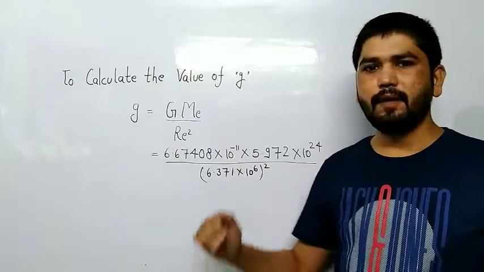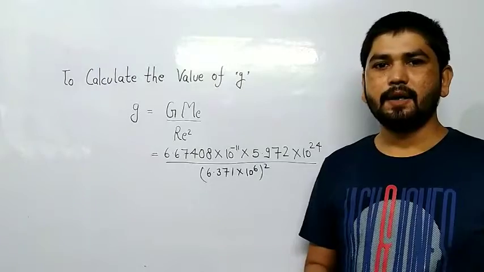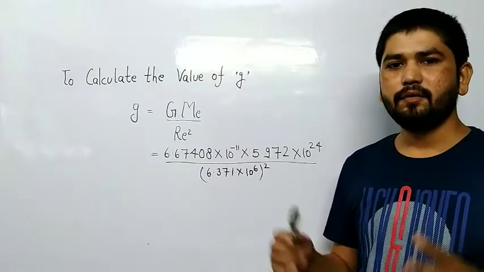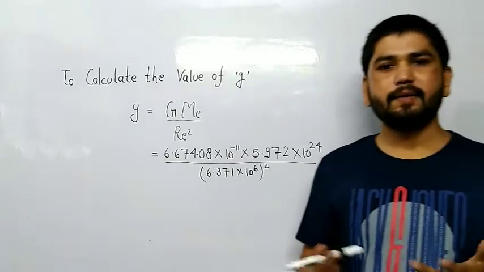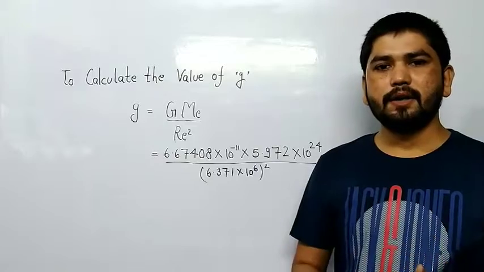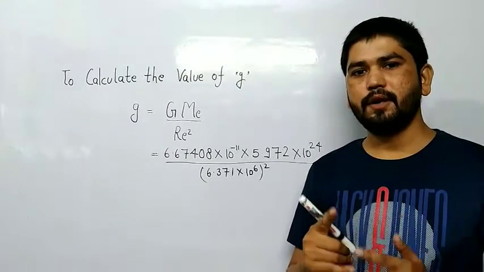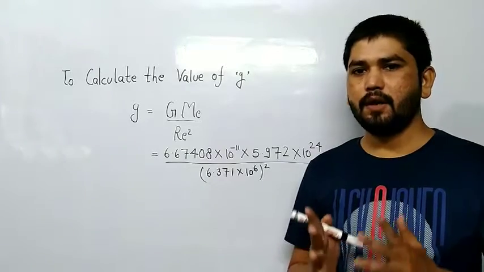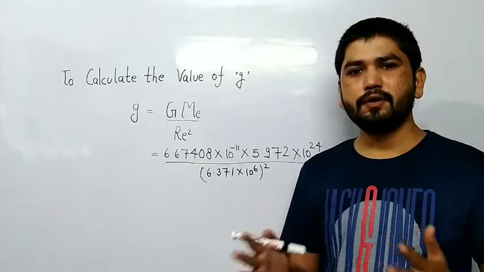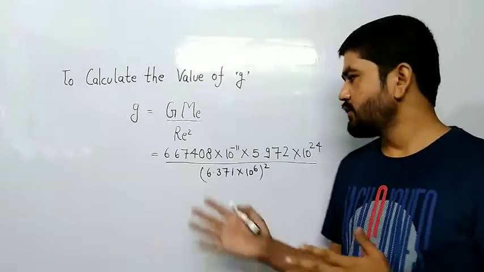You can see the value of small g is free from the mass of the object. That's why a piece of paper and a stone, when you drop them from the same height in vacuum, will reach the earth at the same time. This activity I have shown to you in the second video. You observe the pattern. But if air is present, due to the air resistance, the stone will reach the ground first.